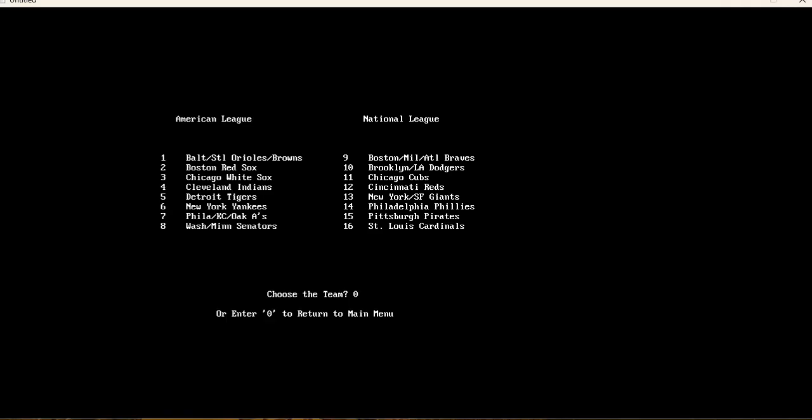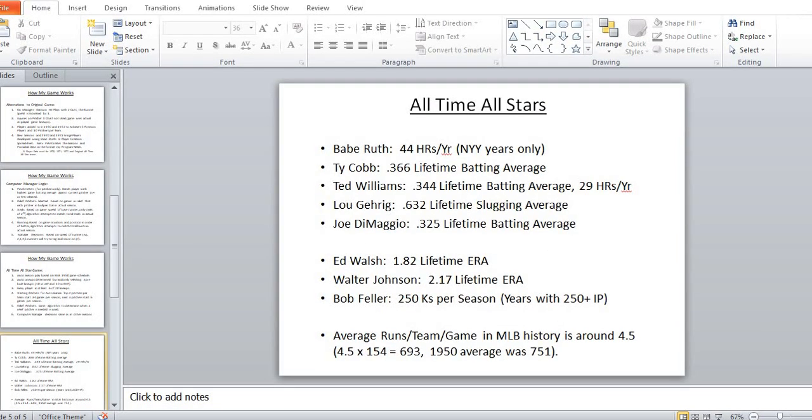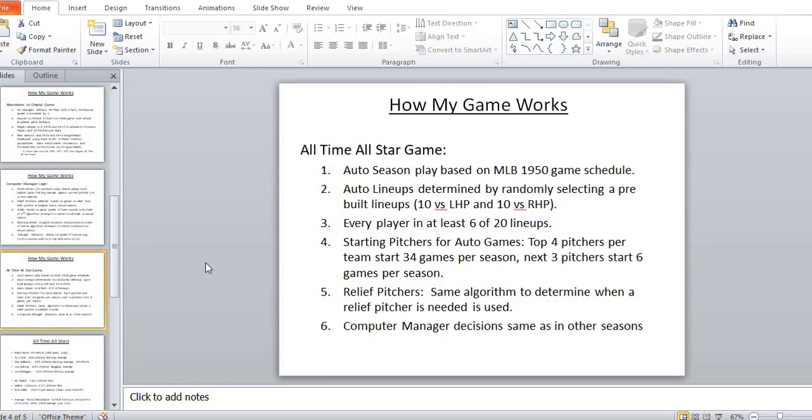That being said, I will show you a little bit of information on how I implemented All-Time All-Star Baseball in my game. So my game has 3 modes. You can play one game, you can play a whole season for one team and have the computer manage all the other games and the team that you play, or you could have the computer run a whole season, American League or National League. So everything works the same in this as it does in the other seasons, except when